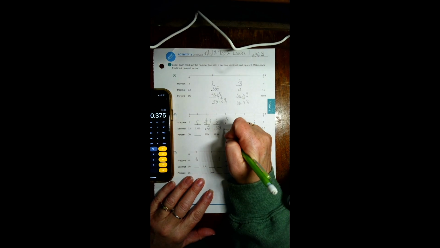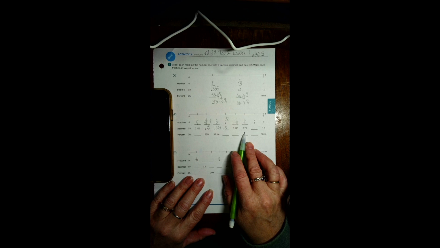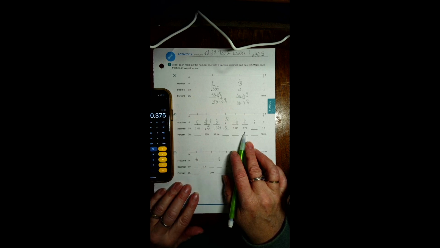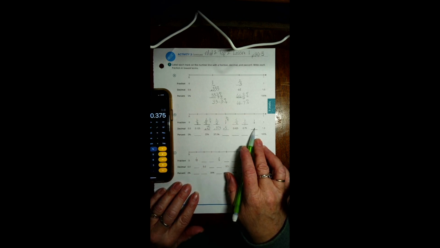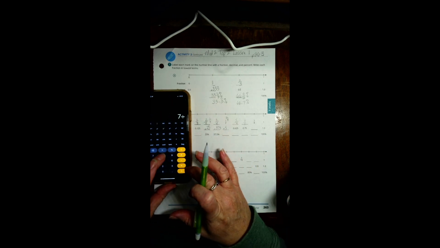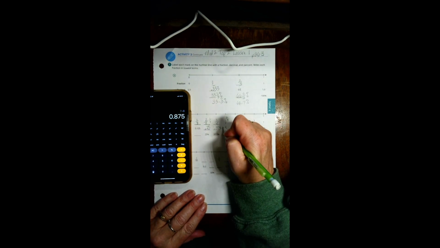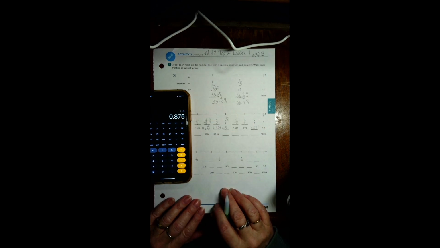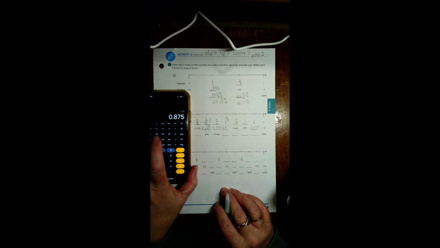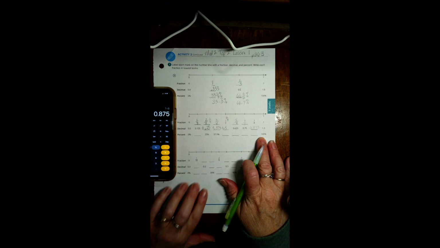4/8 is 1/2, so we know that's 0.5. 5/8, 0.625, 6/8, 0.75, 7/8. Again, we could just divide it. We could do 7 divided by 8, gives us 0.875. Again, I'm not real picky if you put those leading zeros or not. Okay, 0.875. And then the percent that breaks out into,